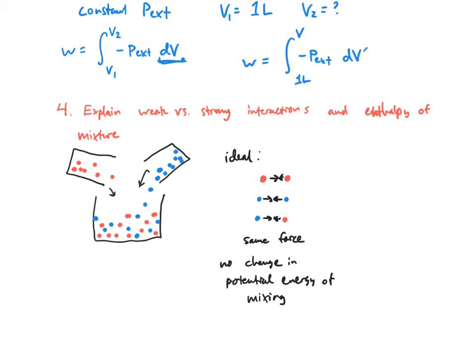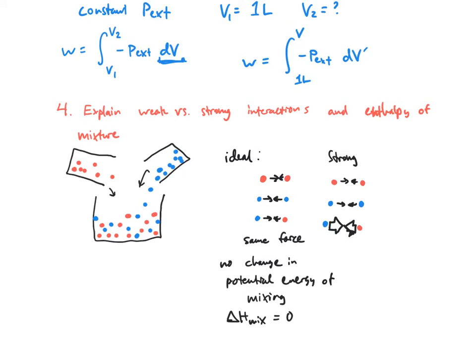So since the enthalpy is potential energy, the delta H of mixing is equal to 0. But if we have a strong energy of mixing, or enthalpy of mixing, all that means is if we have the two red particles and the two blue particles, they attract each other with a certain amount of force. But then, as soon as we mix the blue with the red, then we get a much stronger force of attraction between those two,